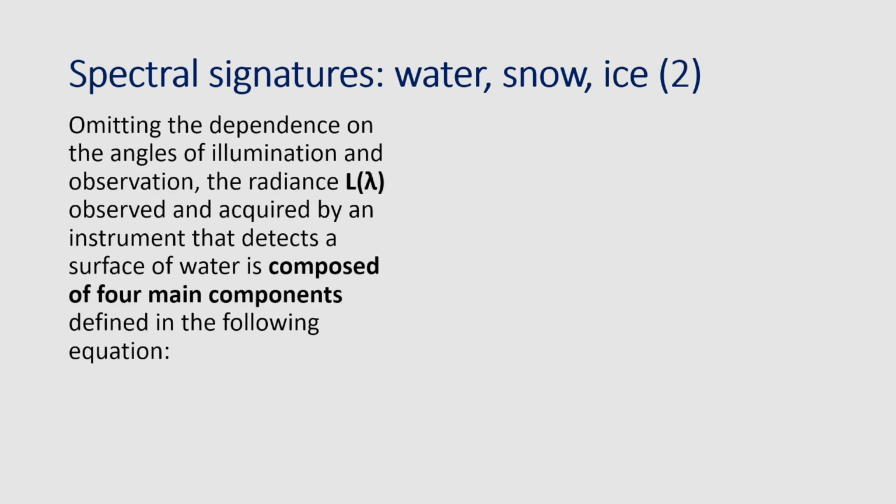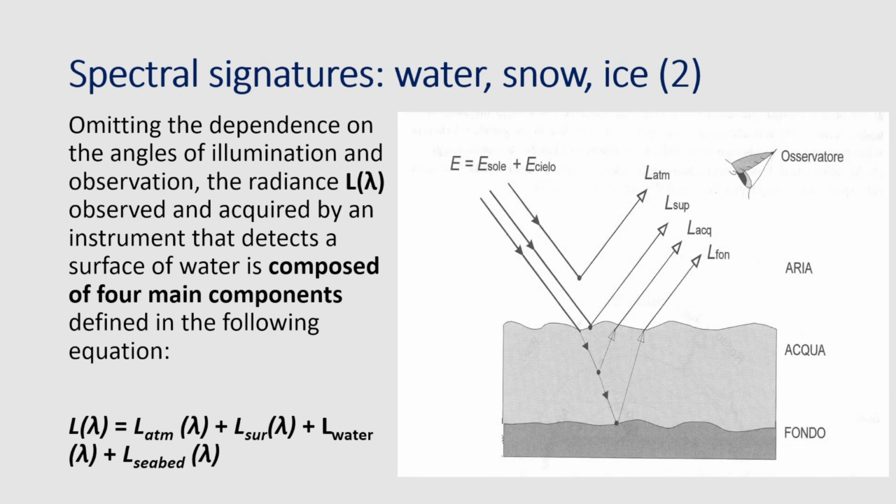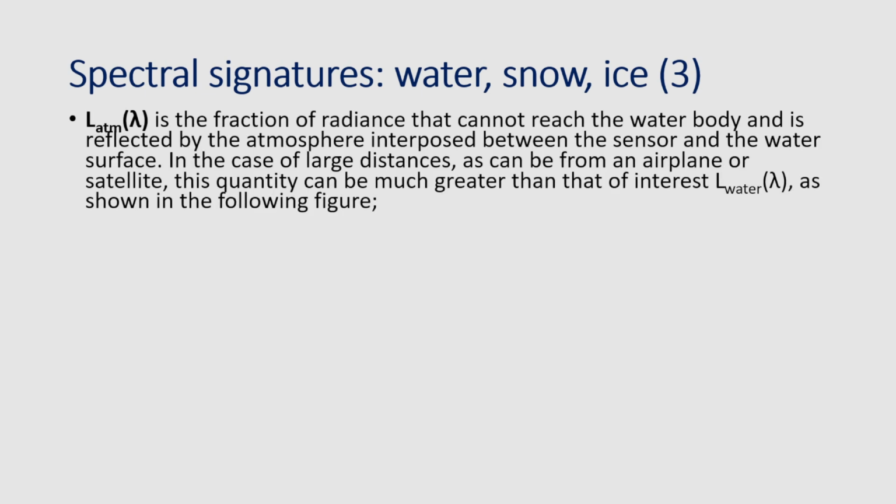Spectral signatures: water, snow, ice. Omitting the dependence on the angles of illumination and observation, the radiance L lambda observed and acquired by an instrument that detects a surface of water is composed of four main components defined in the following equation. Spectral signatures: water, snow, ice. L atm, lambda, is the fraction of radiance